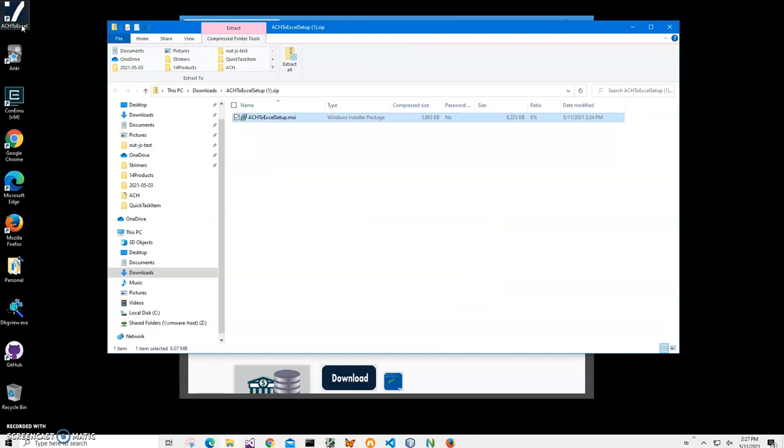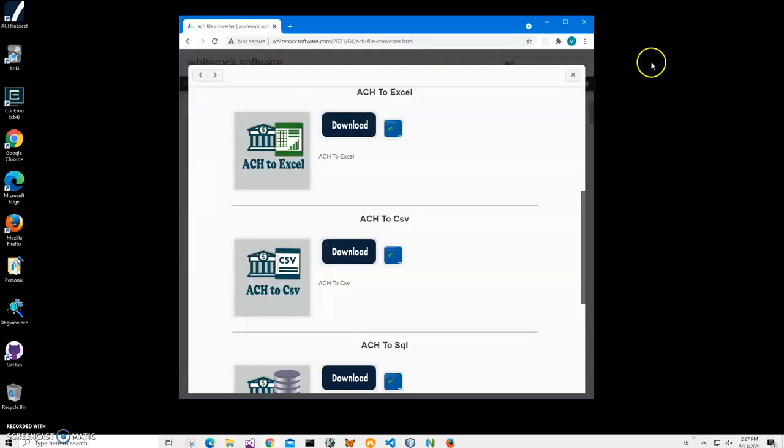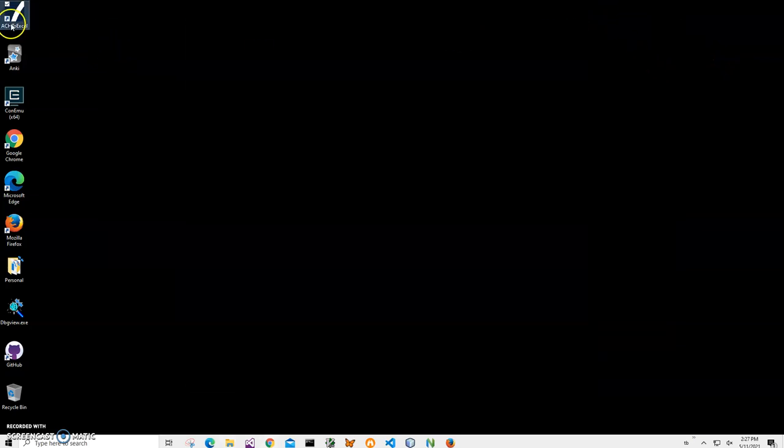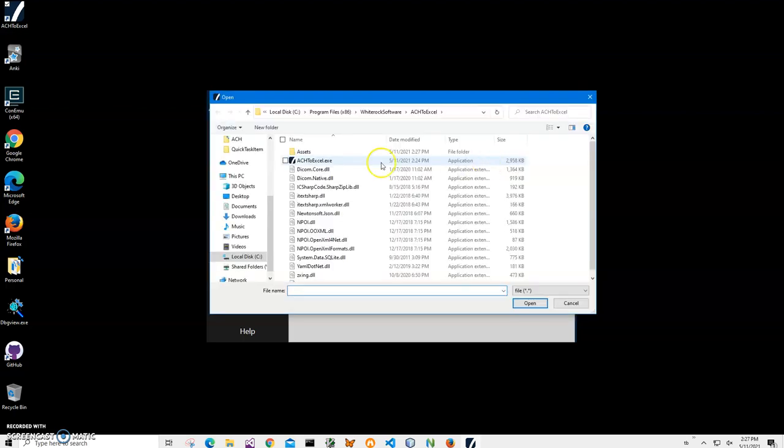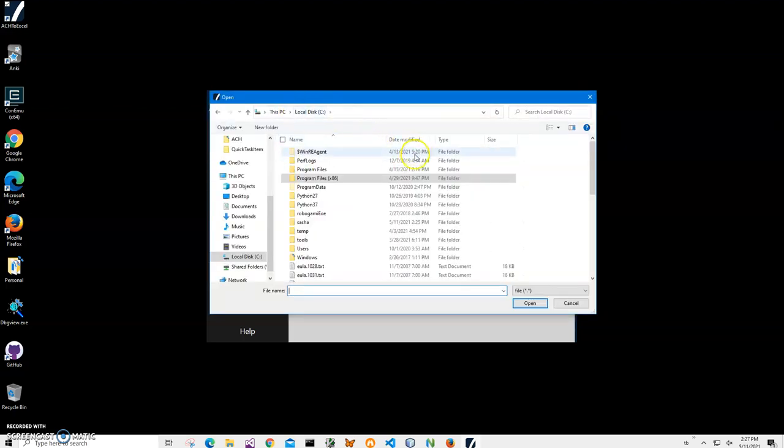I have a new shortcut on my desktop. Now I can close this, and double click on the shortcut to launch the app. Now the conversion is a 3 step process, and in the first step I have to select the input file. Step 1, I'll click the select input file button and navigate to my